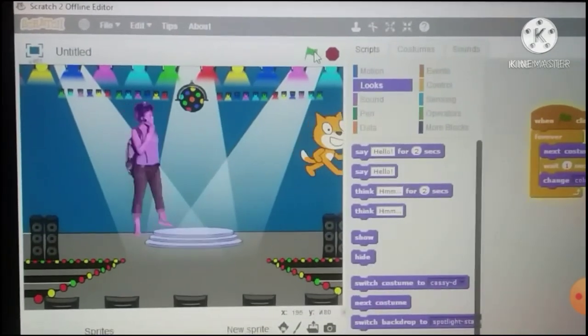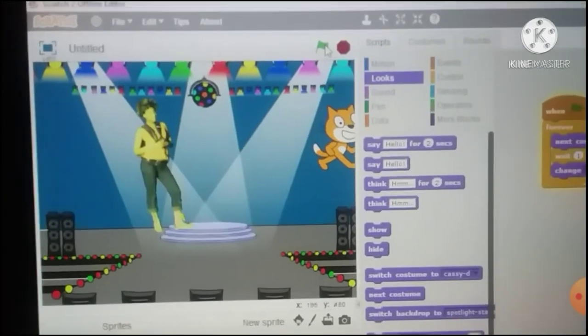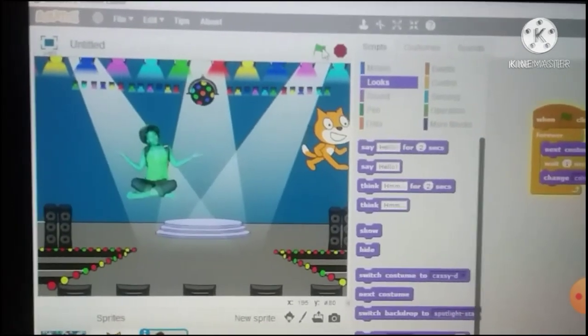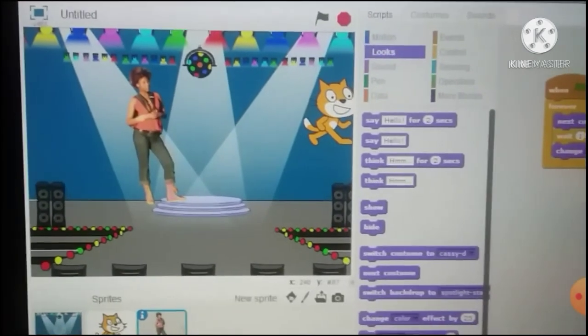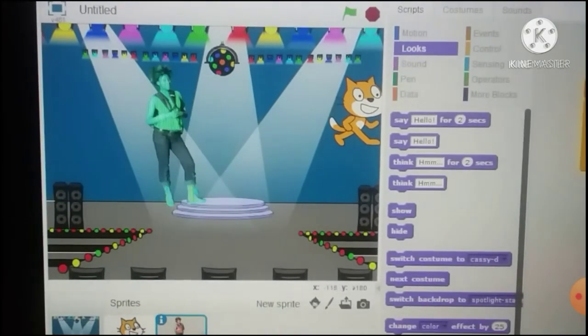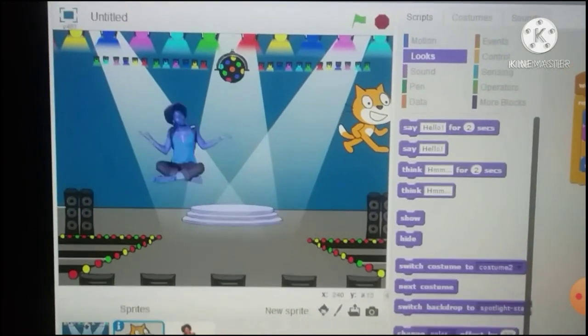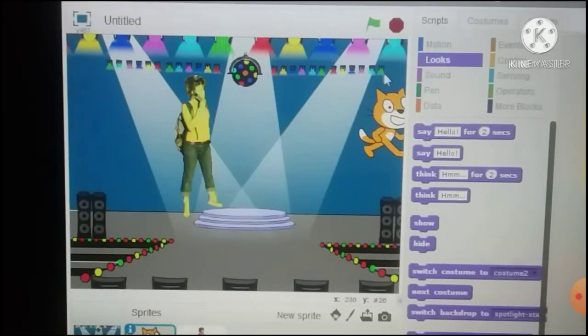This is a fun way of learning coding through Scratch, which is an offline version. Even you can practice it on an online version. And one more thing, if you click here green flag, only the girl is moving. And if you start clicking on the sprite one, and if you click on the green flag here, only cat is moving, right?